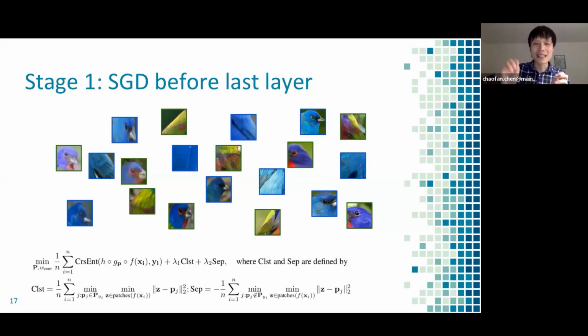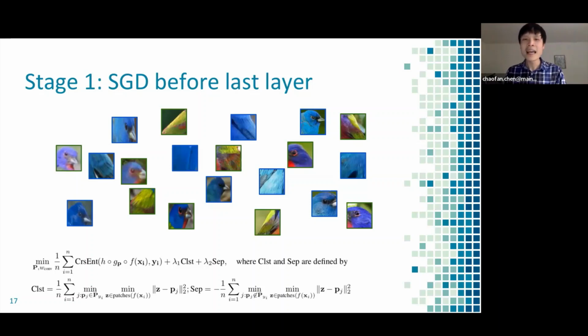So the negative sign basically means that when we minimize this negative term, we are maximizing the thing without the negative sign. Right? And the expression there is basically the minimum distance between the convolutional patch of the training image and a prototype not of its own class. So we try to maximize that distance. So that's the separation loss. We try to say that, okay, every convolutional patch needs to stay away from a prototype that's not of its own class. So hence there's the clustering term and the separation term.